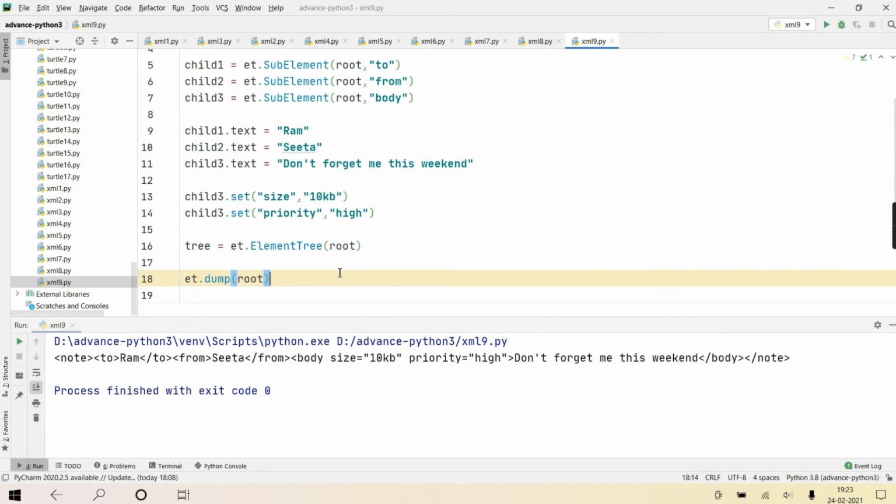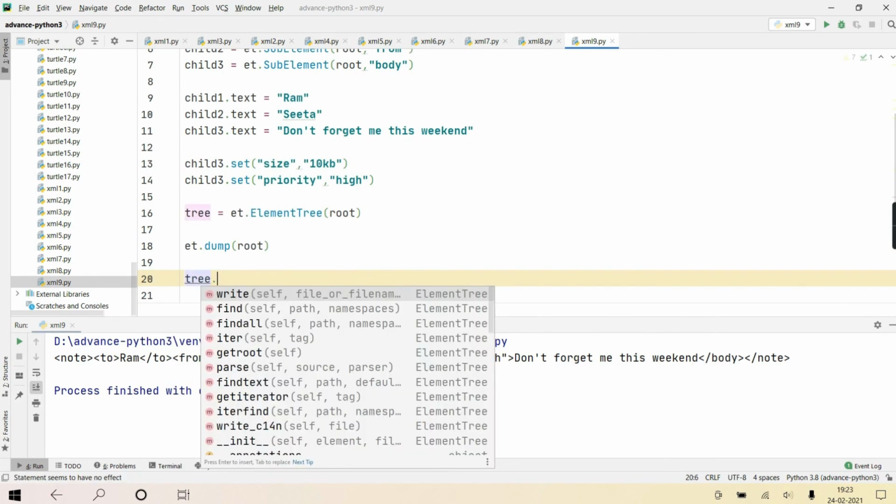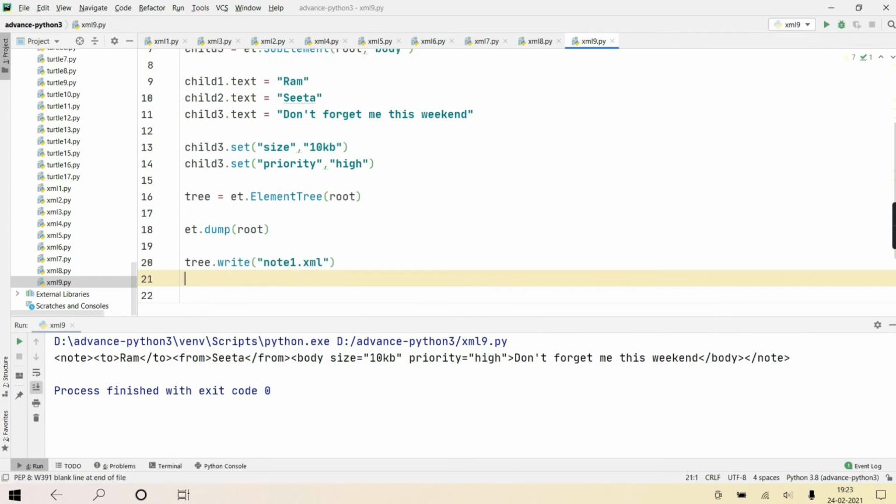Now this whole XML I want to save in a file as well. So what I'll write is tree.write, and give the file name. Now I'm giving file name note1.xml.